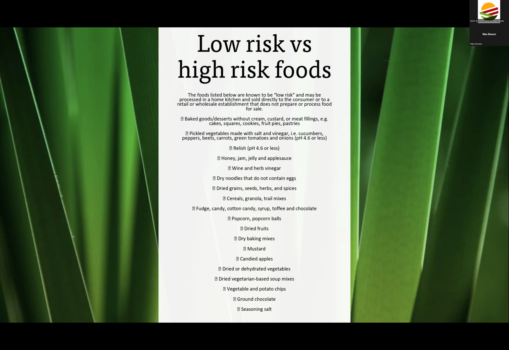Dried fruits, dried baking mixes, mustard, candied apples, dried or dehydrated vegetables, dried vegetarian soup mixes, etc. So basically anything that's been dried or has a high sugar content or a high acidic content or a lot of vinegar in it would most likely be considered low risk foods.